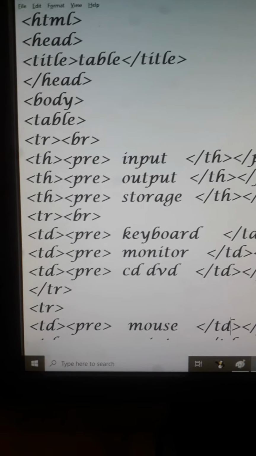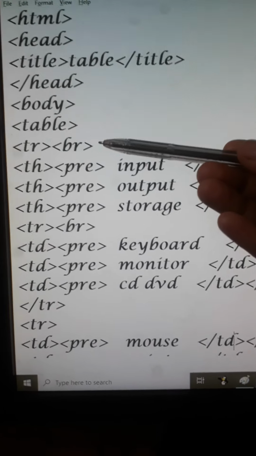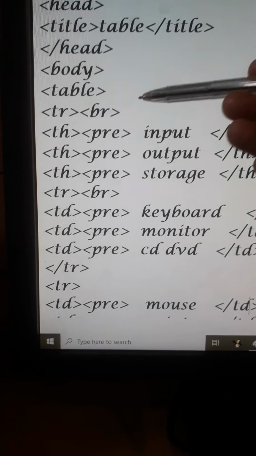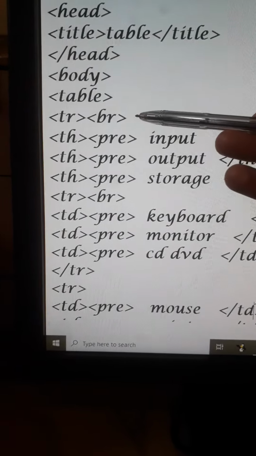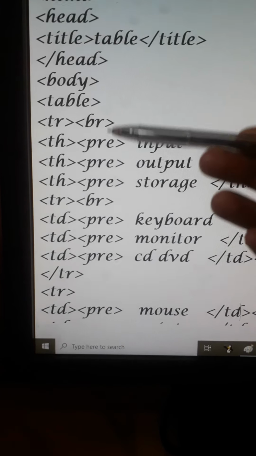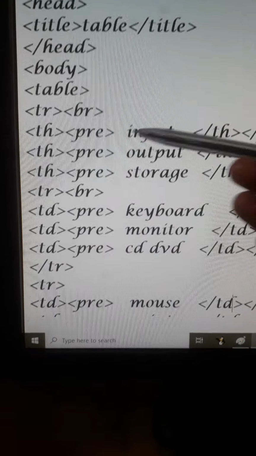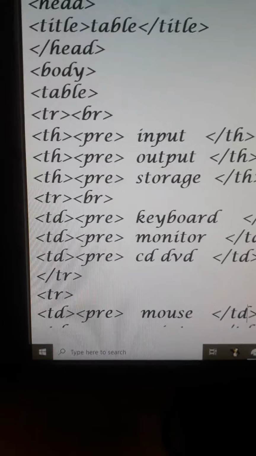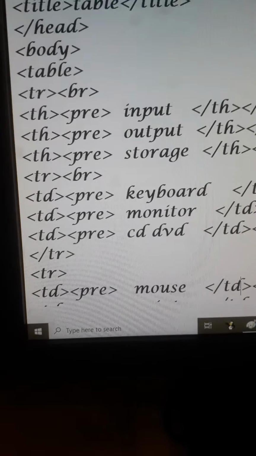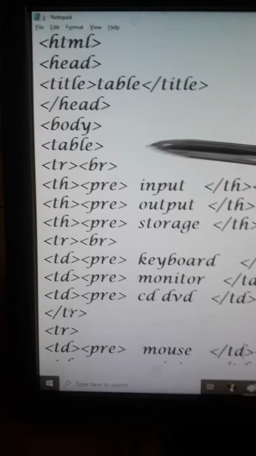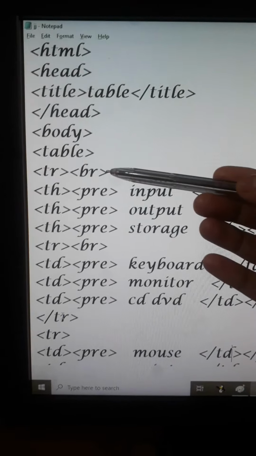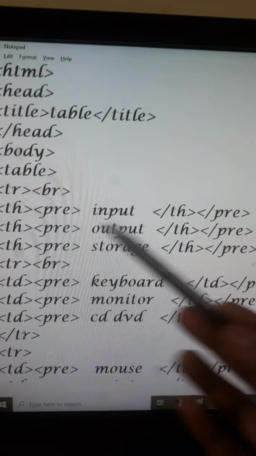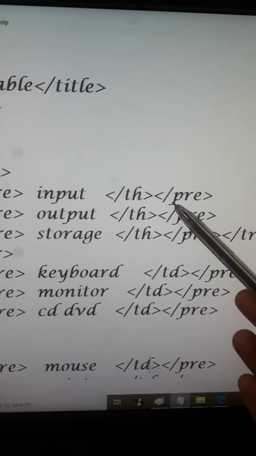Here you students will also see some other tags like the br tag and the pre tag. The br tag we use to break a line, meaning go to the next line and give a break between two and three words. The pre tag is also used like a break, giving a break between words and space. The br tag is a simple tag, no need to close it, but the pre tag is not a single tag, it is a double tag. It also needs to be closed with the slash tag.